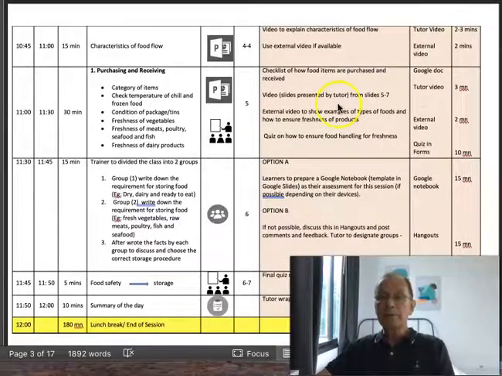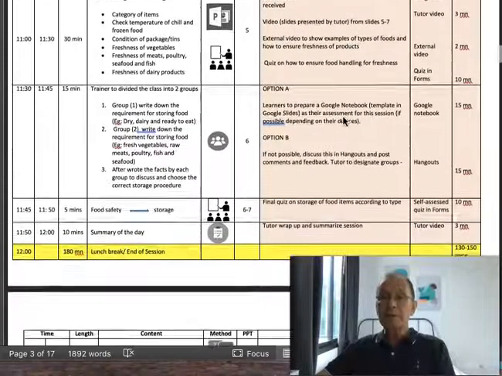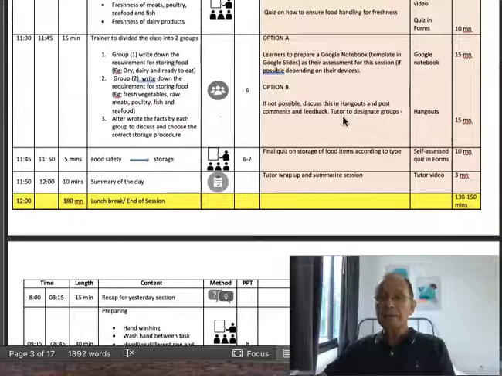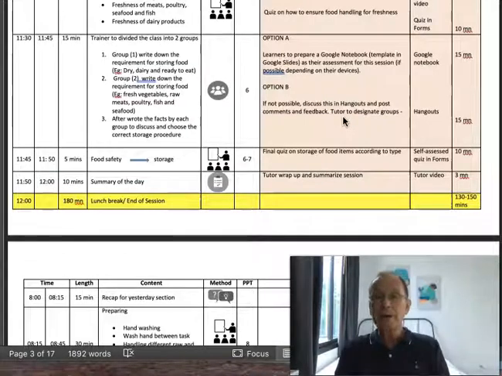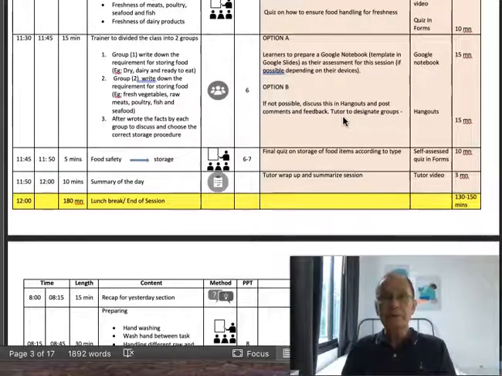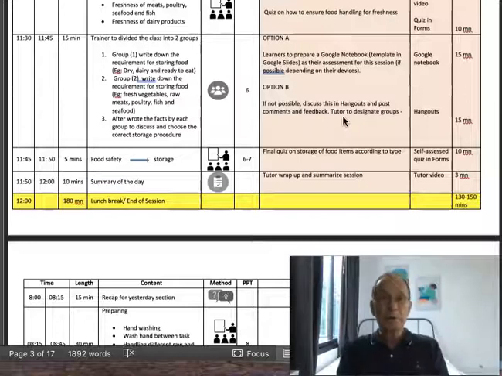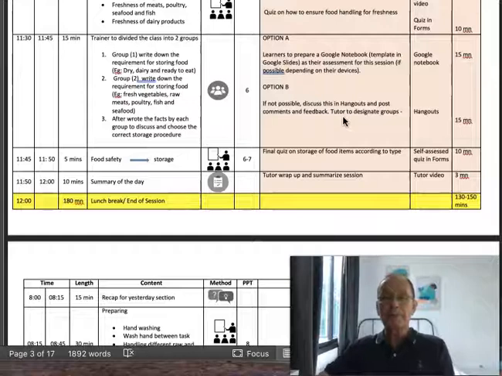I've also included some checklists and other things here to support the learning. This will be done in Google Forms, and then I've also included a final assessment, which is an assignment for that session, so they can have feedback and maybe to make the assessment spread over the whole course rather than at the end. You can have a summative assessment during the course, so you could have both self-assessment for formative purposes. At the end of each session or the end of each 2 sessions, you could include some sort of summative